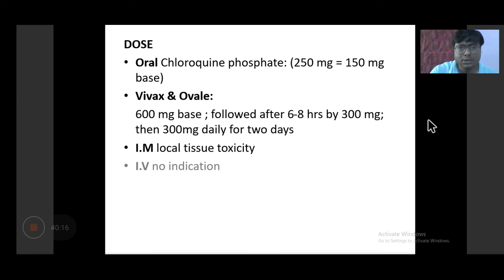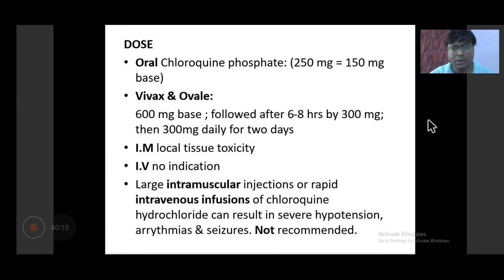So dose is important to remember. Many times the student asks, shall we need to remember the dose of all the drugs we read in pharmacology? I always tell them that no need to remember the dose of each and every drug, but all the drugs which come under some regimen, like national guideline for malaria, national guideline for leprosy, national guideline for TB. In such conditions, ARTs, antiretroviral therapy. In these conditions, you need to remember the dose, the complete regimen, not only the dose but the frequency and